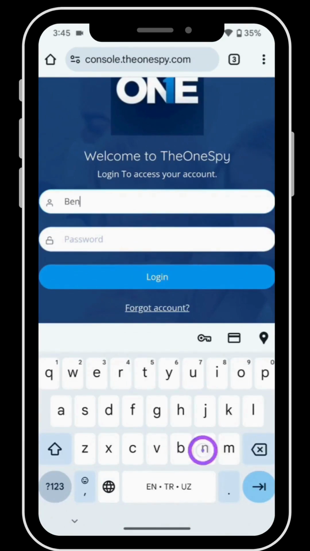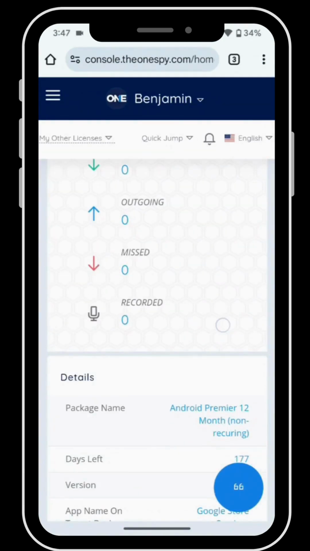Once the installation process is completed, you can monitor device data by visiting https://www.console.theonespy.com on any